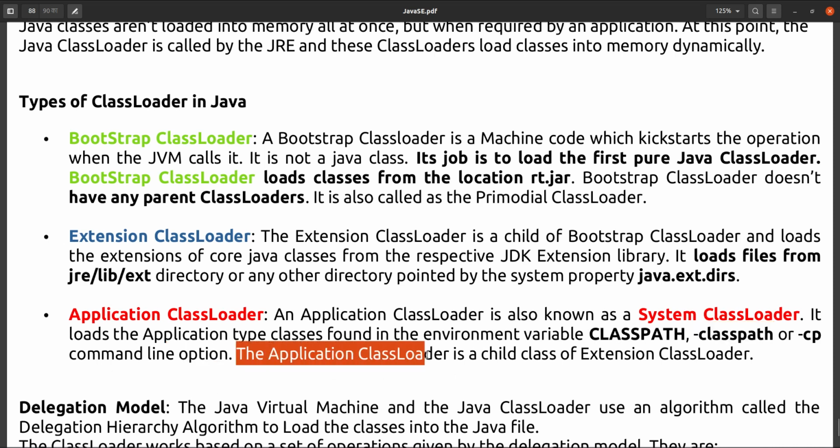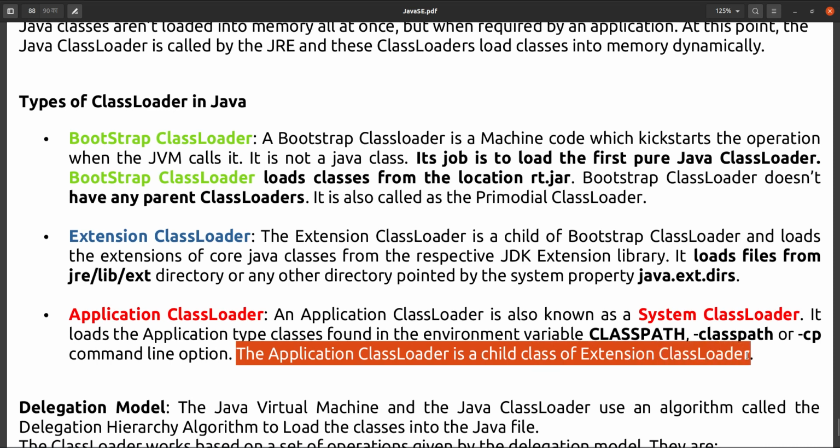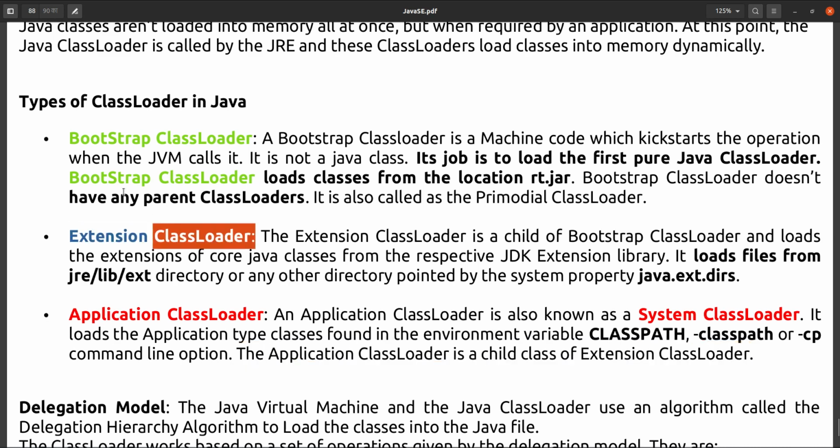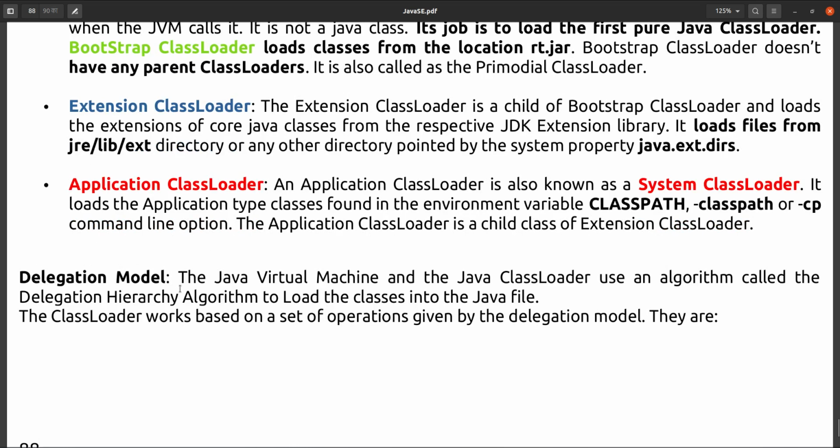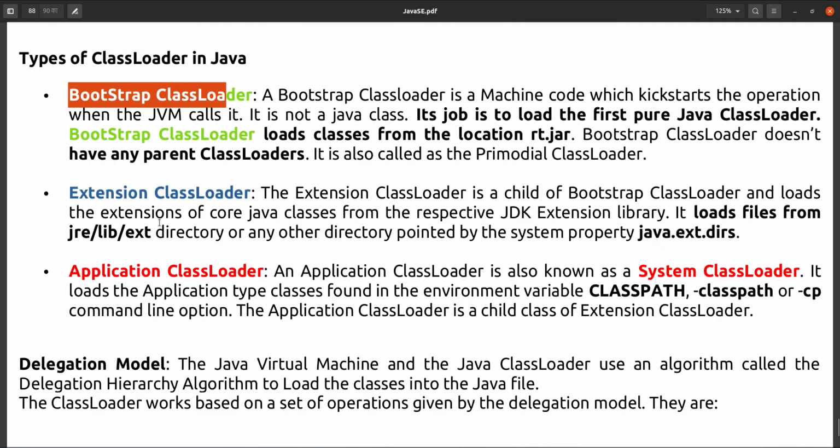The application class loader is the child loader of the extension class loader, and the extension class loader is the child of the bootstrap class loader. Okay, so here some steps happen, which is called the delegation model.